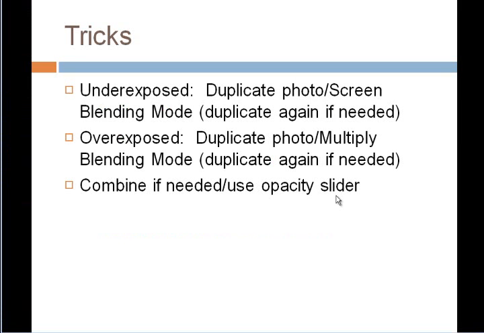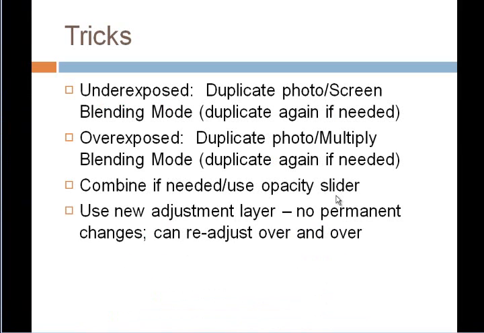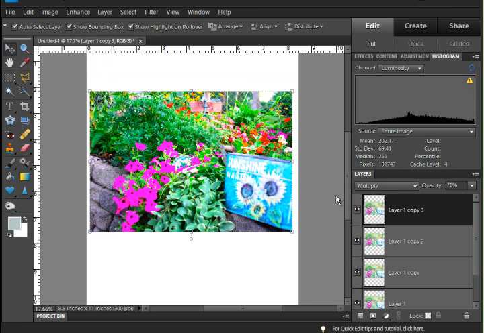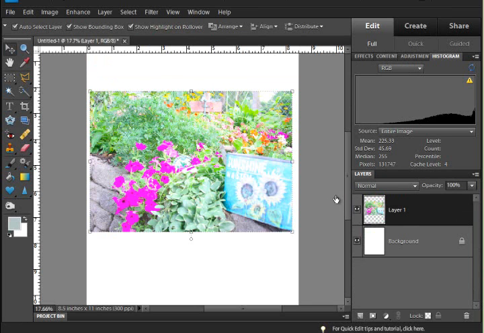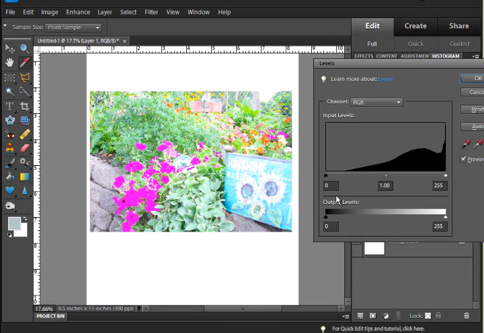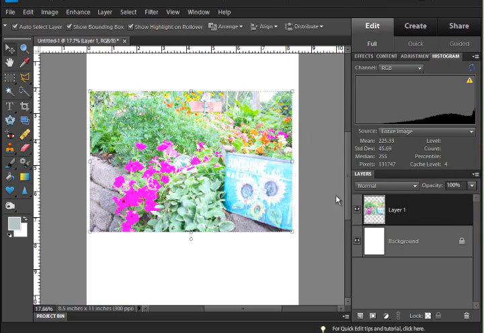The next thing I'm going to show you is to use the new adjustment layer. So there are no permanent changes, and you can readjust over and over. So let's just get rid of these layers, and we're back to our original, which is an overexposed photo. So rather than hitting Control L to bring up the levels to fix this, I'm going to bring up the levels in the new adjustment layer. And so that is down here,